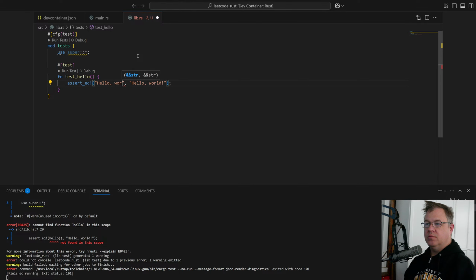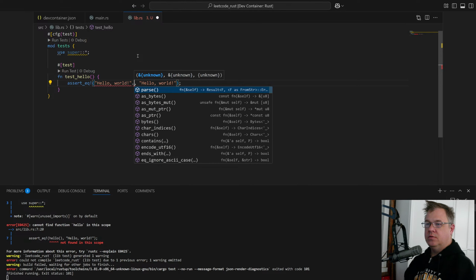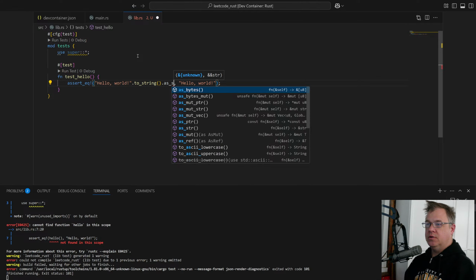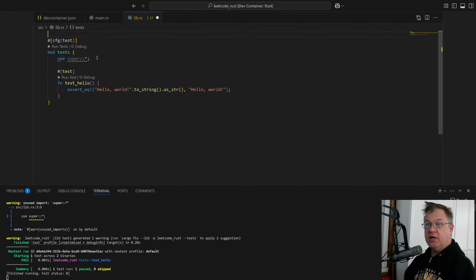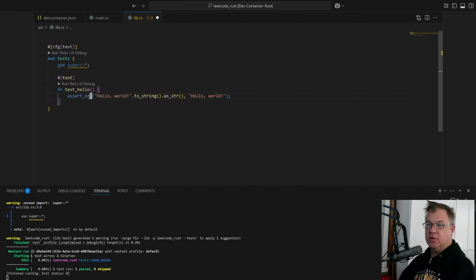Hello world to string as str. Good. Okay, so I'm running my CI down below, and up above we're going to do our implementation.